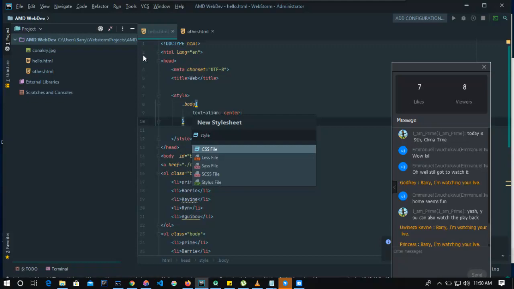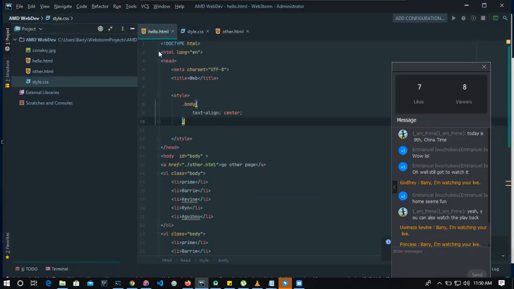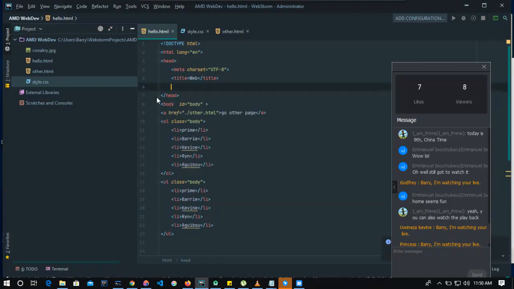Okay, and then remove this one here, remove it here. The only thing I need to do is to link it, I have to tell my HTML where he can find the CSS. Okay, I'm gonna link it